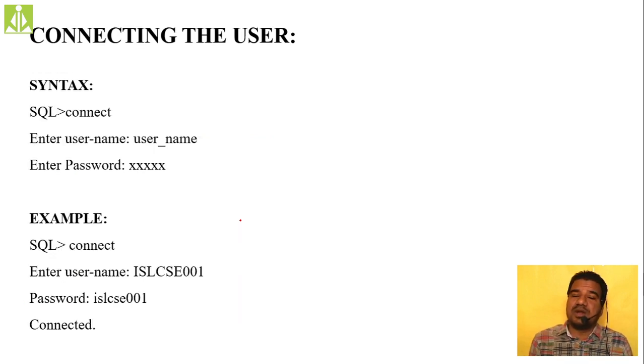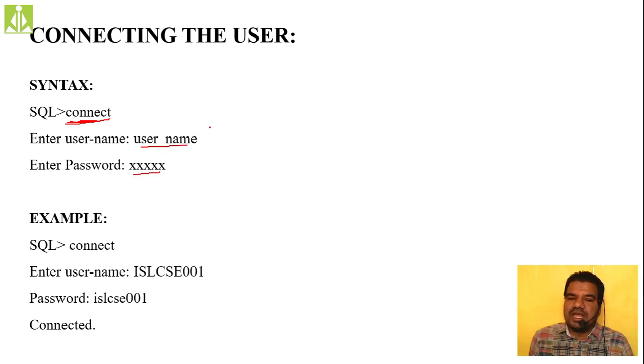Logging in means we have to use the CONNECT command in order to log in to the database with specific user credentials. To log in as the default administrator, or as a user defined administrator, in both cases we use the connect command in order to start your session with the database. The connect command is very simple. You have to type CONNECT. When you type this command after the SQL prompt, it will ask you to enter the username, followed by the password.